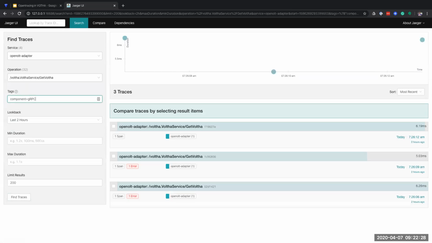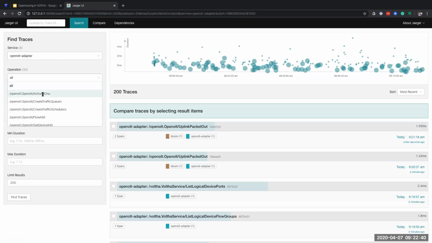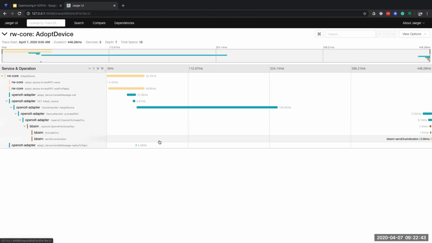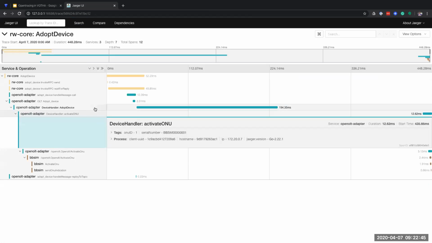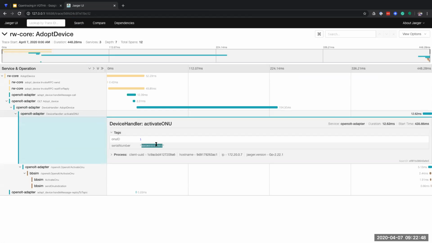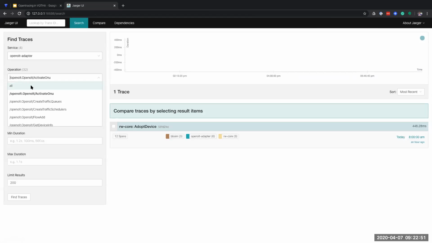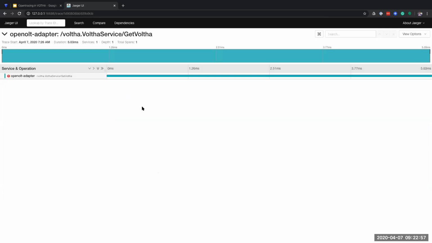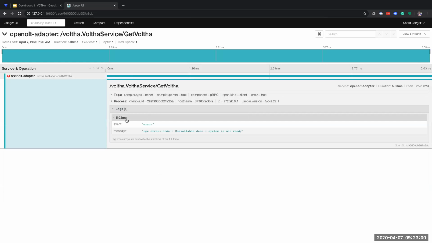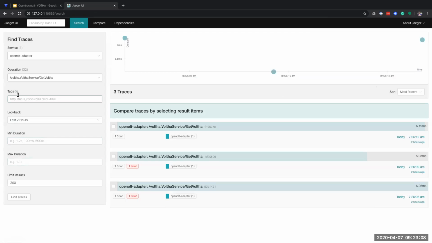Okay. So if we went back to the example you had, though, it had a log message with it. This one? Yes. Well, actually, I don't know yet. Where's the log? It said log. Oh, you see the log, sorry. Log will be get VOLTHA. Okay. So get VOLTHA, we have logs here. Can I query over those tags? Let me try. Event duration.